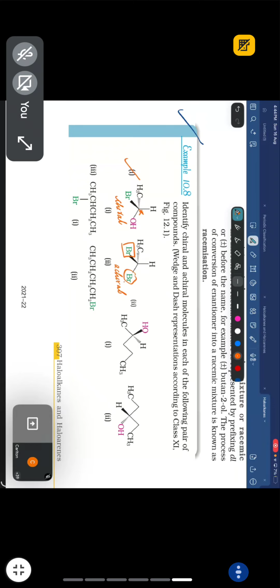Any doubt? Only the girls are replying. Have you all slept at the back? Answer. In the second one, which is chiral, which is achiral? First one is again chiral. Any one carbon you spot, isn't this carbon chiral? Why? Attached to an OH group, H, methyl group, and another group. In the second one, is there a chiral? Why is the second one